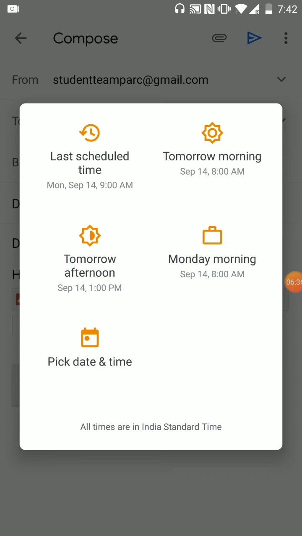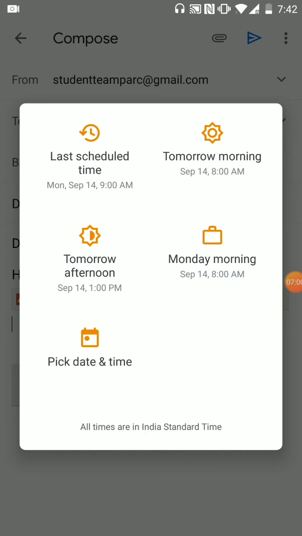This is useful when you're maybe writing a mail late at night and can't send the mail then, or if you are required to send the mail at some exact time. So you don't need to wait around for that time to come and then send the mail. You can pre-time it. You can schedule a time for it to be sent.